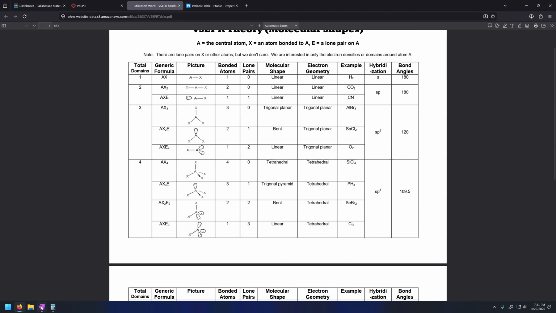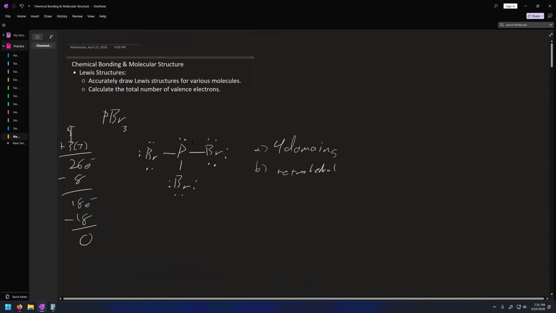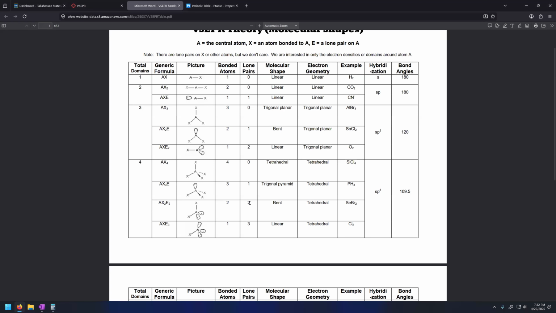So looking back at that structure, I noticed that we have a phosphorus with a lone pair of electrons right there, and then everything else is bonds. And so we have 3 bonded atoms and 1 lone pair. I'll try and match that for something inside of the 4 domains group. I see right here for AX3E,